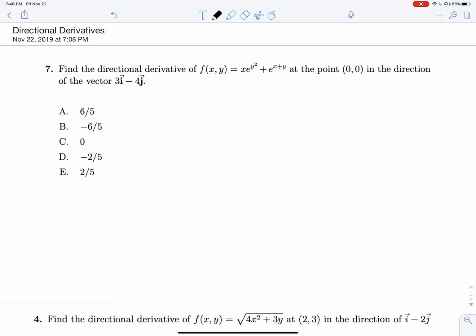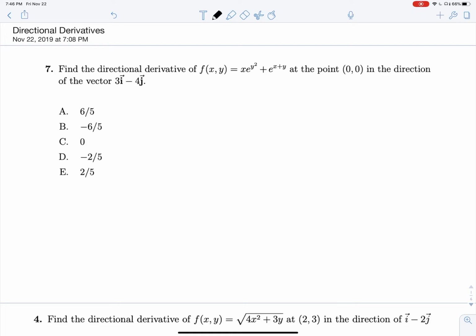Hello, we're going to quickly go through all the directional derivative questions that have been asked in the past couple of years on exam ones and finals. So we know a directional derivative is made up of our gradient vector, and we're going to take the dot product of whatever this gradient vector is with the unit vector in the direction that we're pointing. So in the case of our first problem here, we can find these pretty quickly,